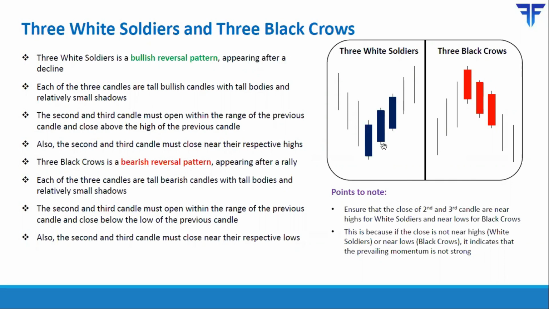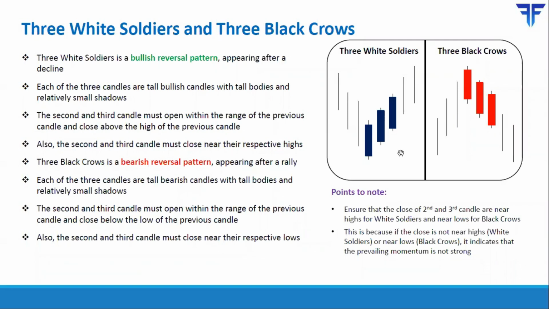The stop loss, as I told you, if you have higher risk tolerance, then you can place your stop loss below the low of the first candle. If not, you can calculate the Fibonacci retracement of this entire rally and keep a stop loss somewhere between 50 to 61.8% of this entire rally. So that essentially comes somewhere over here, which is usually below the low of the third candle.